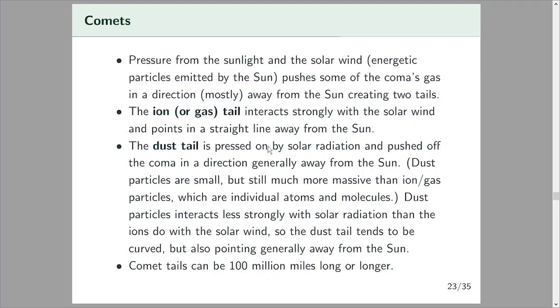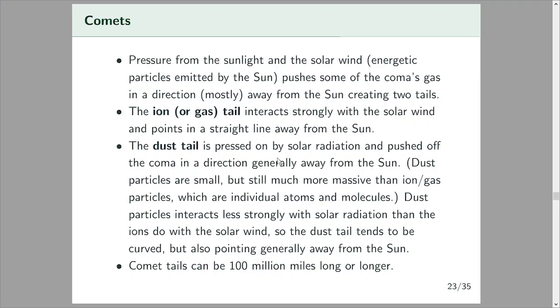So pressure from sunlight and solar wind create the two tails. The ion tail interacts strongly with the solar wind and points in a straight line away from the sun. The dust tail is pressed on by radiation and pushed off the comet in a direction generally away from the sun. Dust particles are small, which we'll see in a minute, but still much more massive than ions, which are